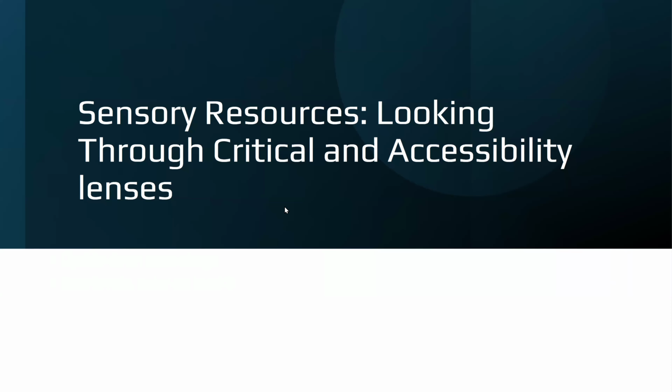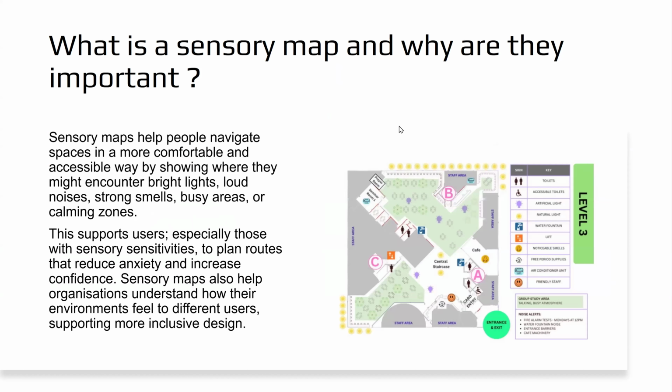We're going to be looking at it through a critical librarianship lens and an accessibility lens. Our project was about creating a sensory map and a visual story for our library. A sensory map helps everybody navigate a particular space. It's a very visual representation of a space. We have done a map for all of our floors, and it supports users who have sensory sensitivities, or anyone who maybe has anxiety or hasn't used the library before, to navigate the library